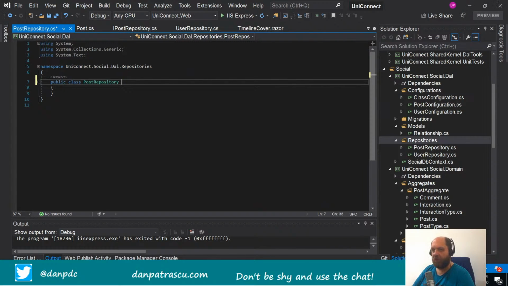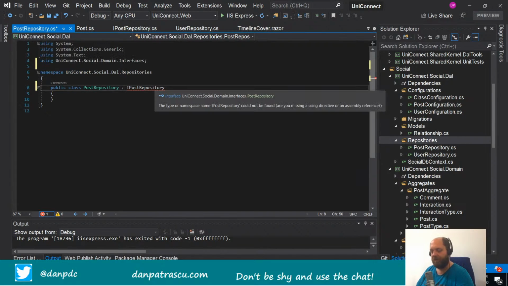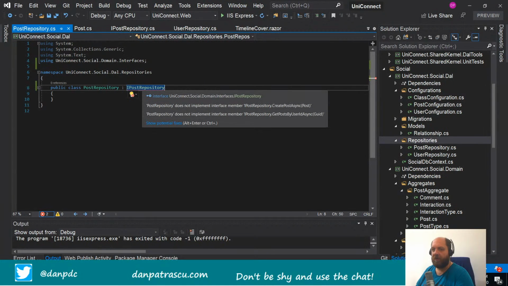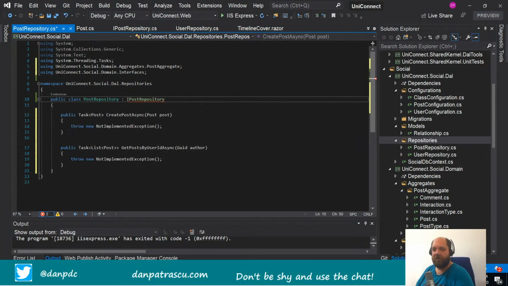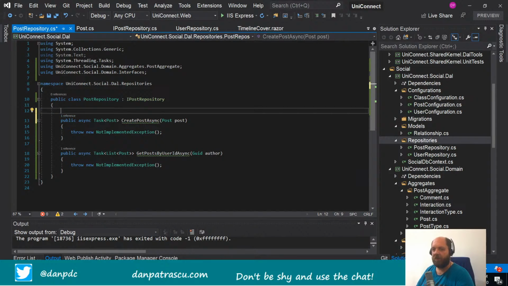And it should, of course, inherit the IPostRepository. Specify where to get it from, and that should be it right now. And thanks to Visual Studio, I can already implement those methods. The only thing that I would like to change is to make them async, because we'll do this asynchronously. But before we go to the implementation of these methods, what we actually need is the